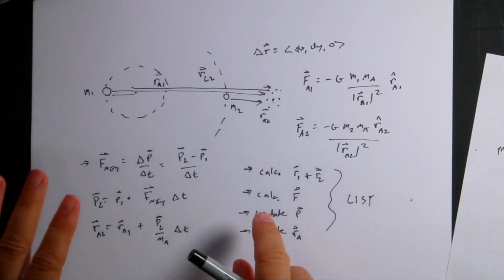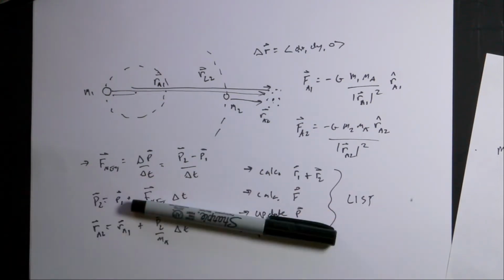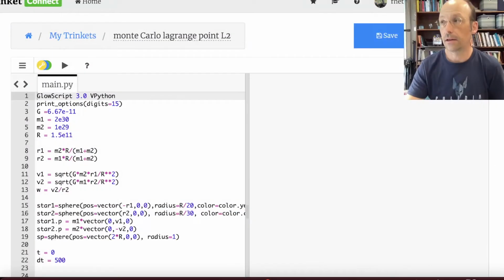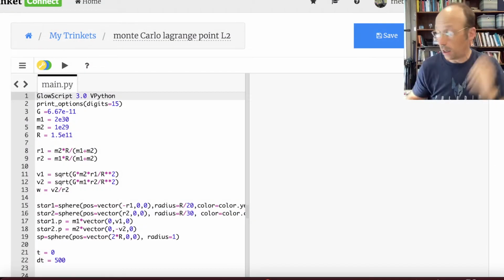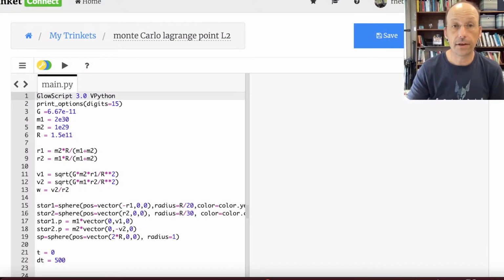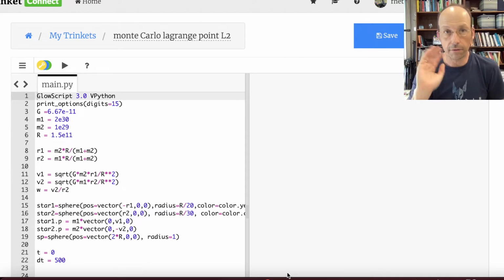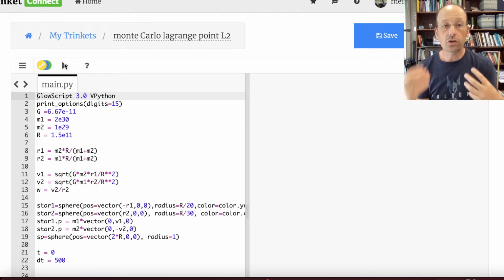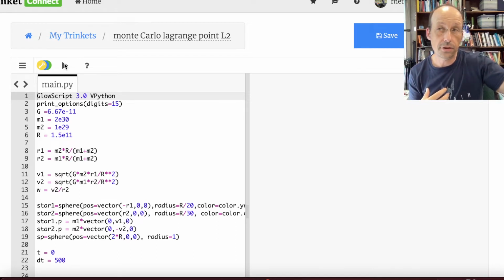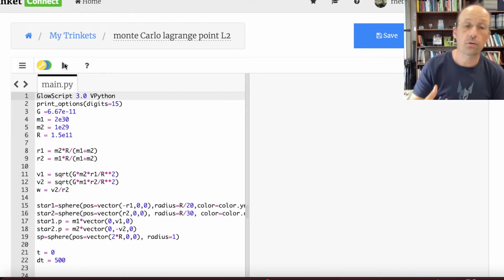I was going to write this code beforehand, but I didn't. So we're going to do it live. And if it turns out terrible, it turns out terrible, right? Okay, so this is code that I have here for something that I've already worked. I've made a copy event called Monte Carlo Lagrange point 2. And so these are 2 stars, 2 times 10 to the 30th, 1 times 10 to the 29th, separated by 1 AU,